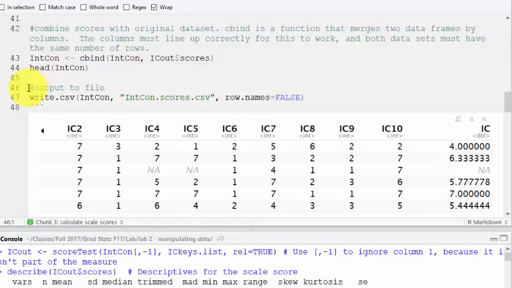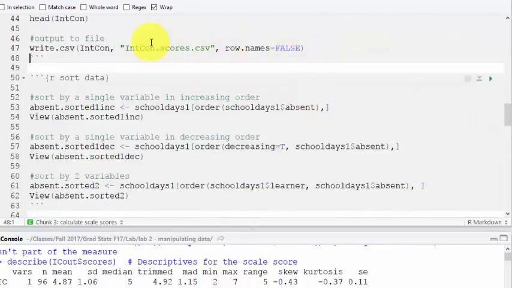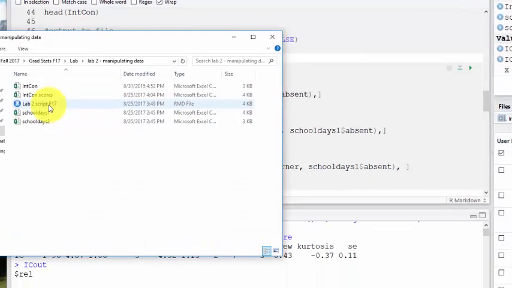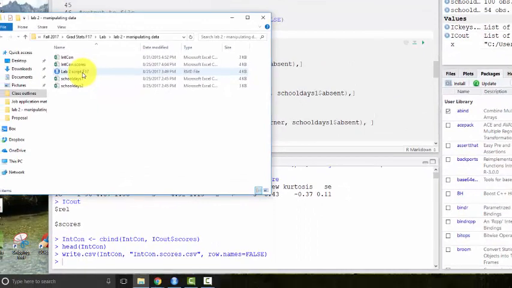And then we talked about this in the last lab, but just as a reminder, we can output this file. We probably, every time we want to use this variable, we don't want to have to recalculate the score. So we can output this data that also includes the score with the item. So now that we ran this, in our folder, we should have a file called intcon.scores that includes the item and the score. So we can look in the folder that we are using for the script and the data,